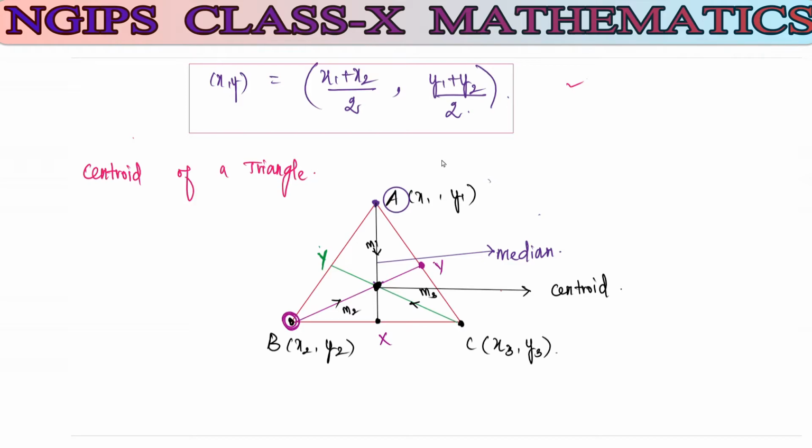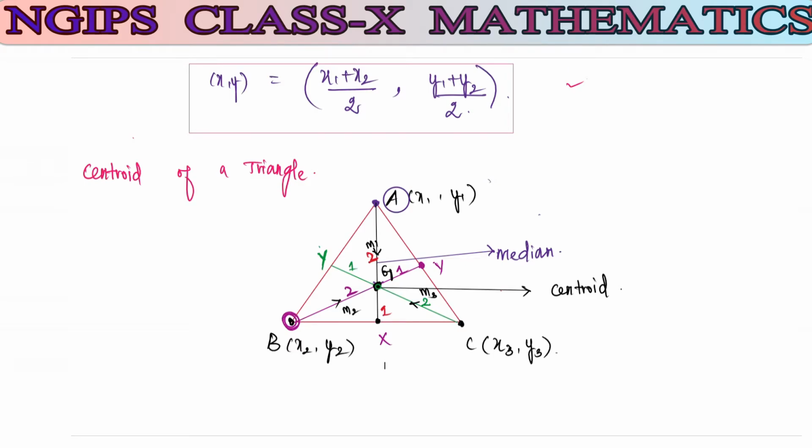Okay, now here the centroid divides the median in the ratio 2:1. Now if you look at this, here we have the ratio: this distance is 2, and here the distance is 1, and next here the distance is 2, and here it is going to be 1. If you look at this from C, the distance here is 2, and the distance from the centroid to here is 1. So I can mention here the centroid is denoted by the capital letter G.